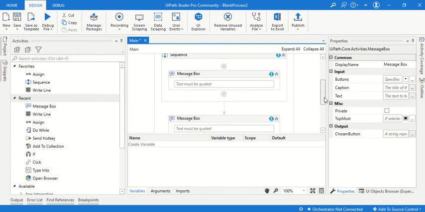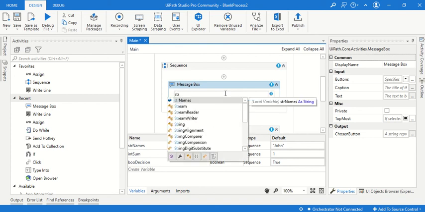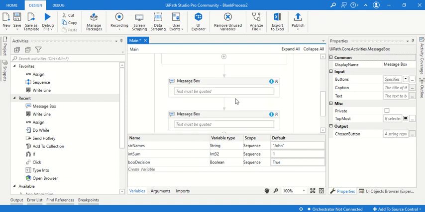So that's the last one. So for the first message box, we will show the value of the variable str names. So we'll just type here the variable name. If you notice, it shows the variable name automatically. And for the second message box,